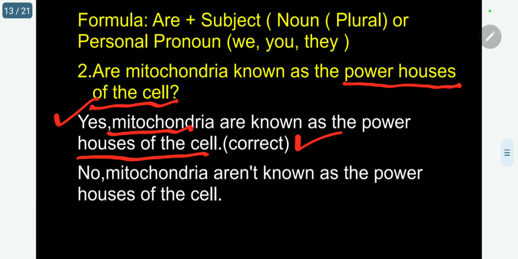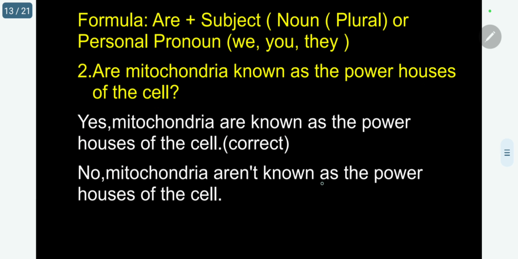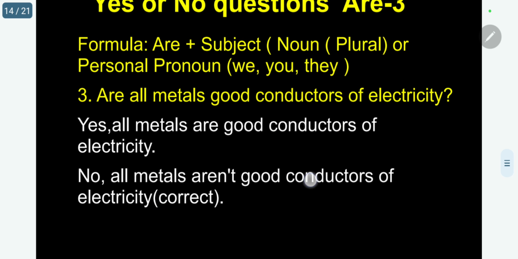The question is correct. No. This is just for giving an answer: mitochondria aren't known as powerhouses of the cell. This is for the learning sake we are giving no. But in reality, yes is the correct answer. So logical. Please follow. The third question: